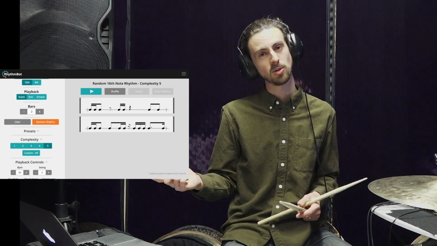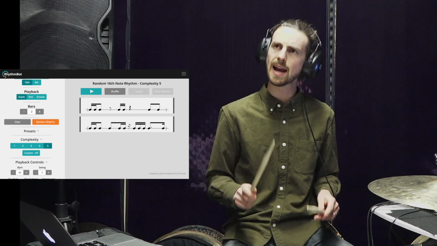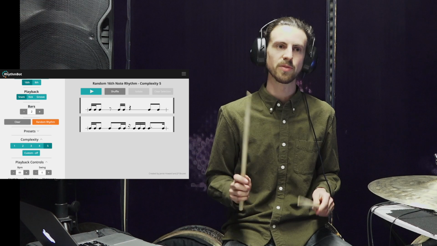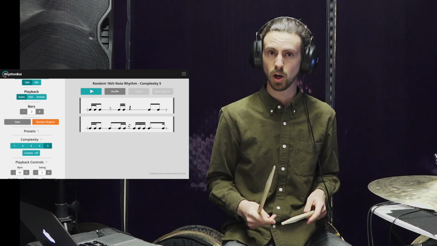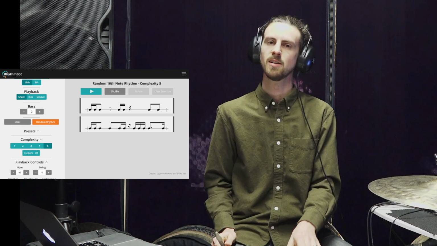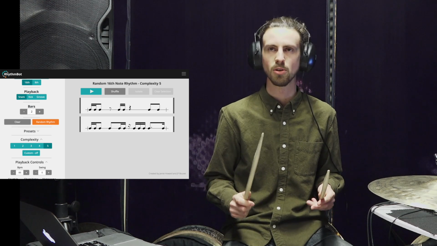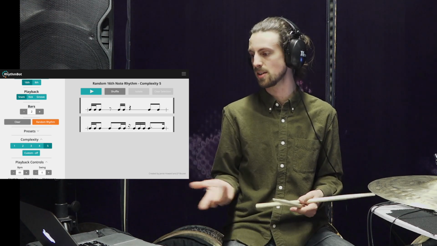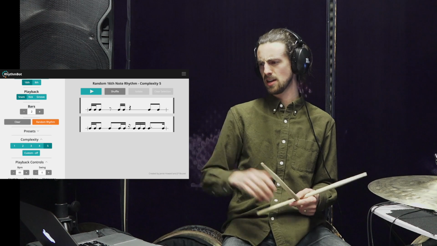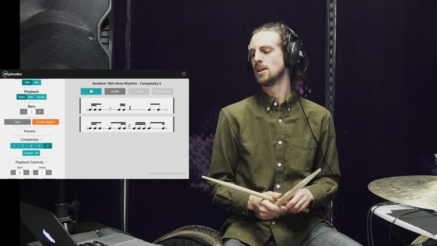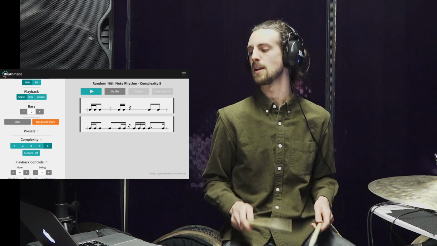This is actually going to be a really good one because a lot of times when people are thinking about accents and singles, they forget the several accents in a row kind of thing, right? 4 or 3 or 5 accents in a row. This has some built in here. So if I want to play this now, okay, I'm thinking I'm on the kit. 1, 2, and 3, and 4, and